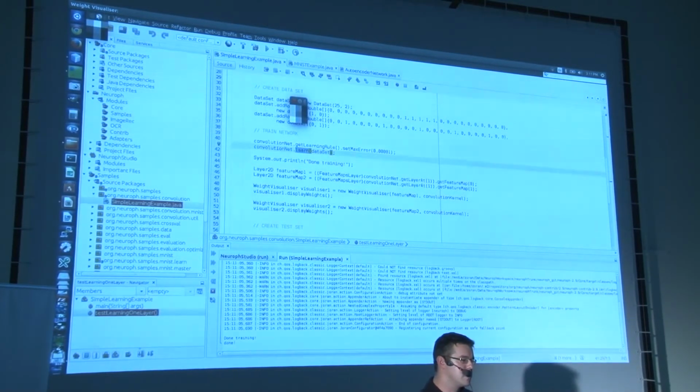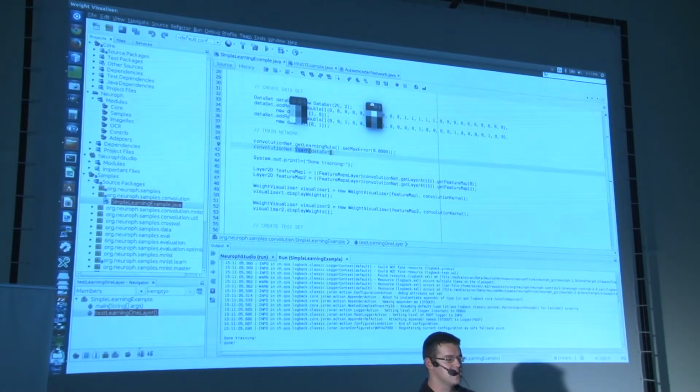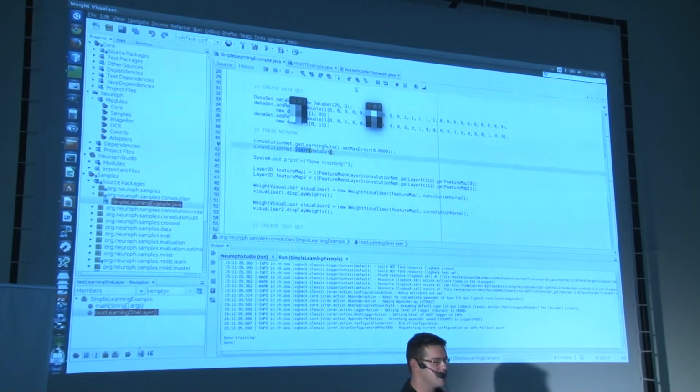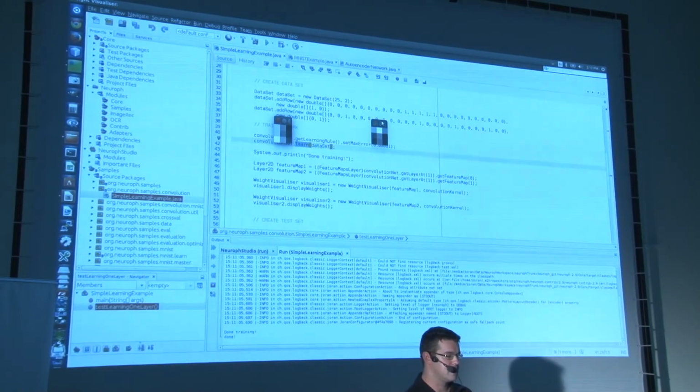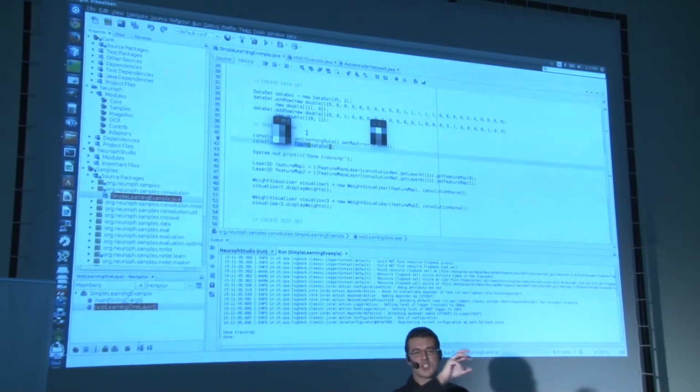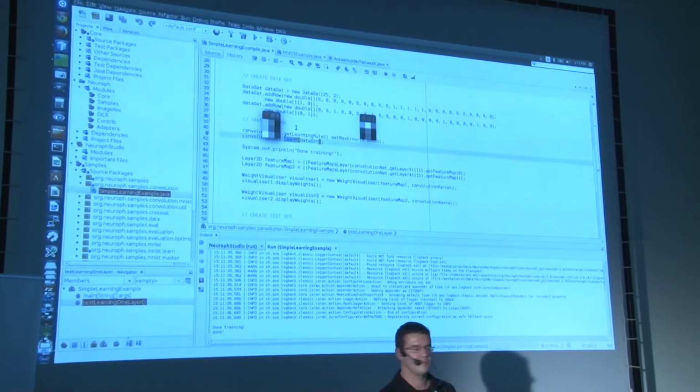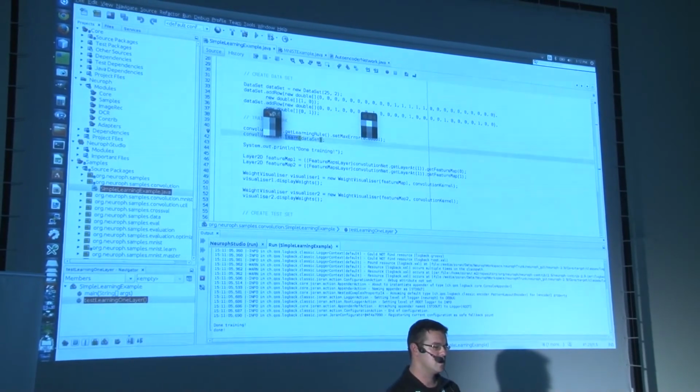What we are building in Neuroph Studio is a way to visualize what's going on in your network in weights, and these are 2 patterns that the network has learned from this simple data. So these 2 are obviously meaningless, but it is interesting to see that the network has learned different patterns. This is what it is using as a kernel to make a distinction. Actually, it is just making a distinction between these 2 inputs.